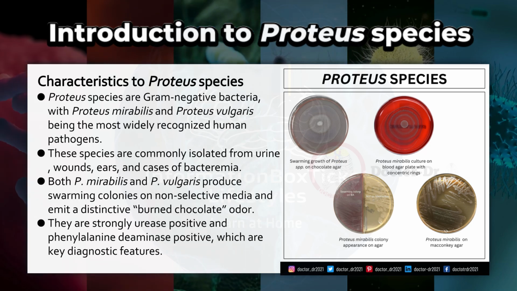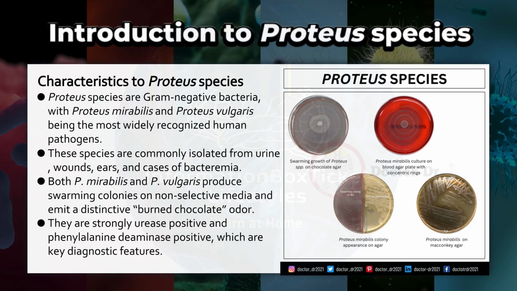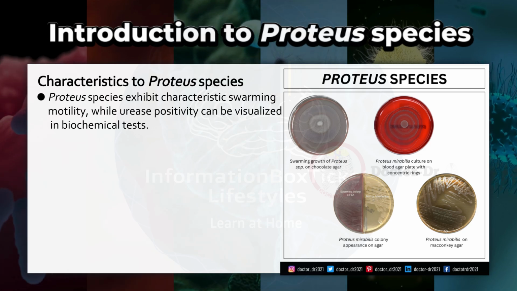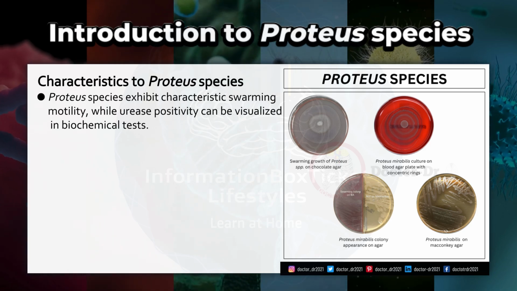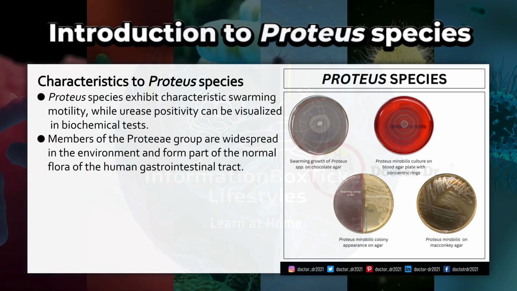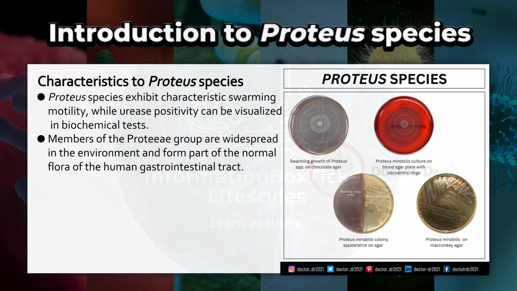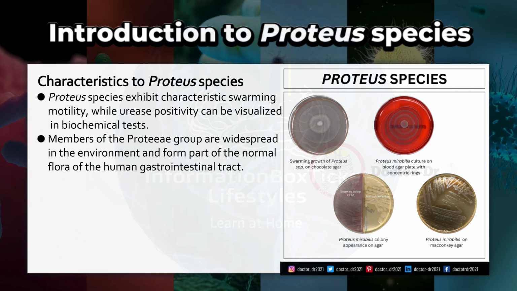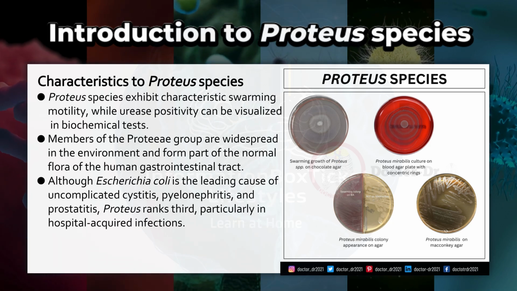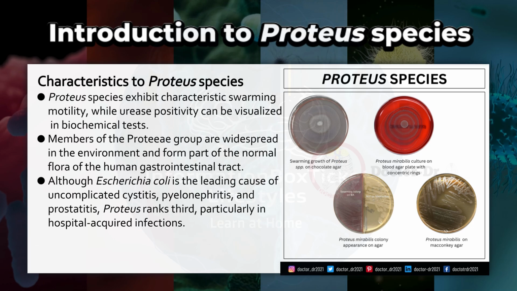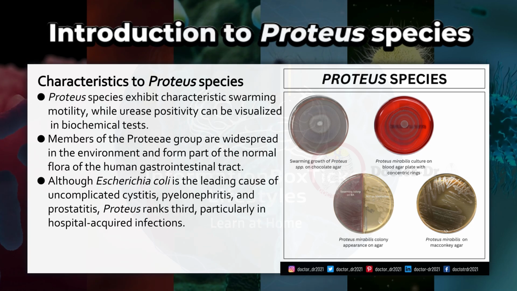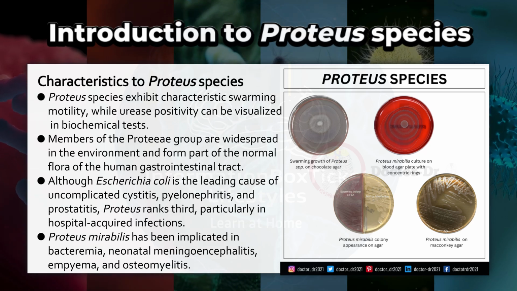They are strongly urease positive and phenylalanine deaminase positive, which are key diagnostic features. Proteus species exhibit characteristic swarming motility, while urease positivity can be visualized in biochemical tests. Members of the Proteus group are widespread in the environment and form part of the normal flora of the human gastrointestinal tract. Although Escherichia coli is the leading cause of uncomplicated cystitis, pyelonephritis, and prostatitis, Proteus ranks 3rd, particularly in hospital-acquired infections. Proteus mirabilis has been implicated in bacteremia,